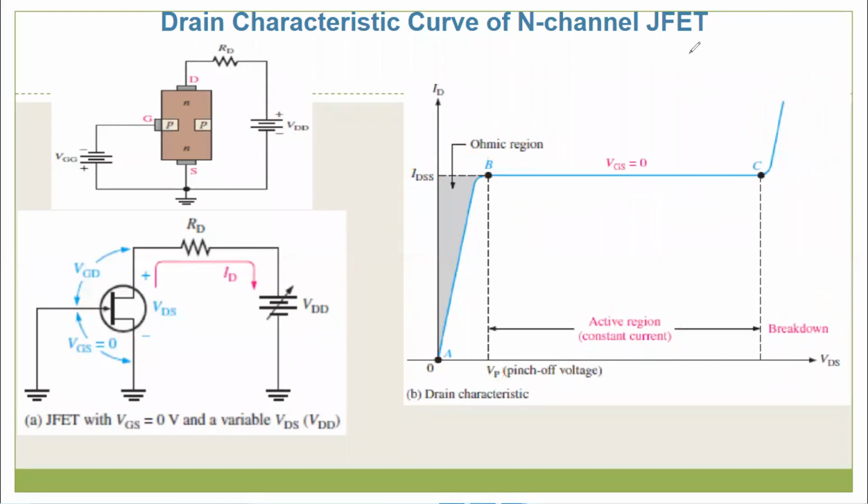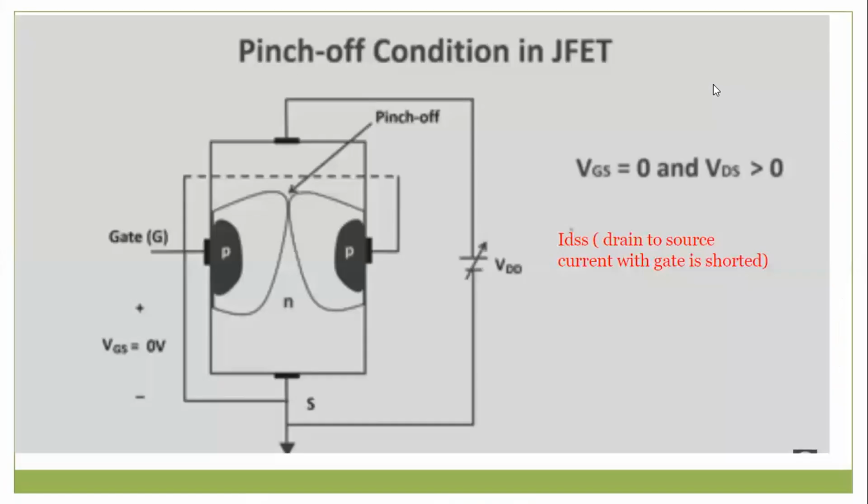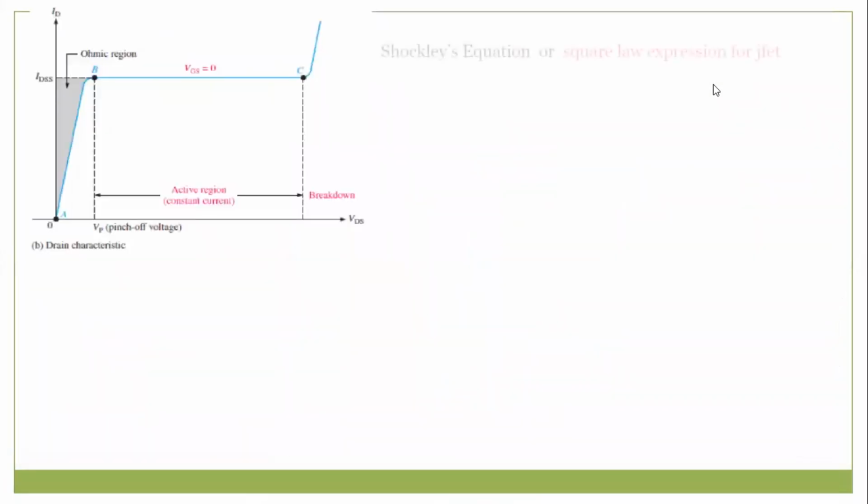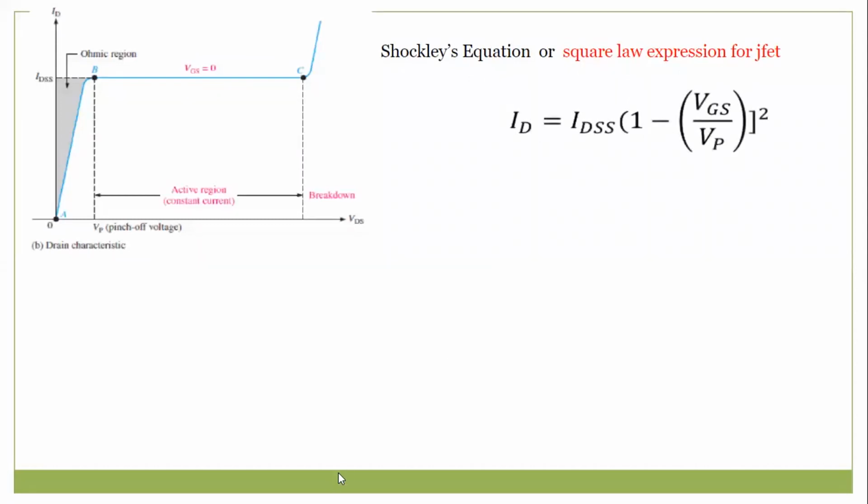Now after this, I just explained about the pinch off. Now we are using an equation like the Shockley equation. Sometimes we call it the Shockley equation or square law expression for JFET to find the drain current. So here I am using a formula: ID is equal to IDSS into 1 minus VGS divided by VP,